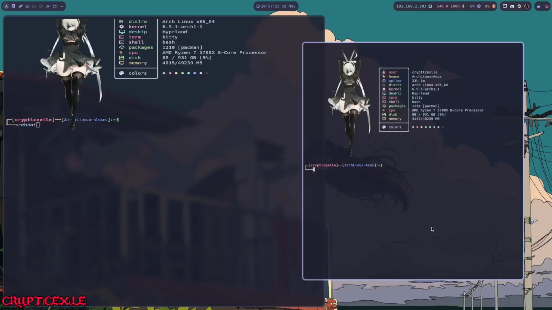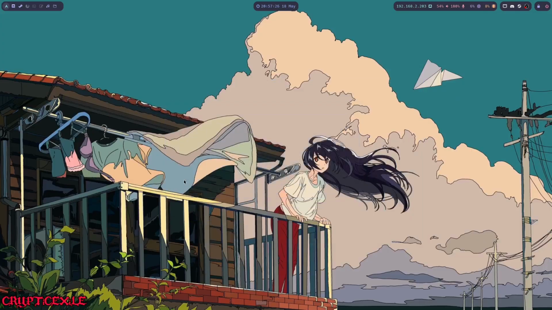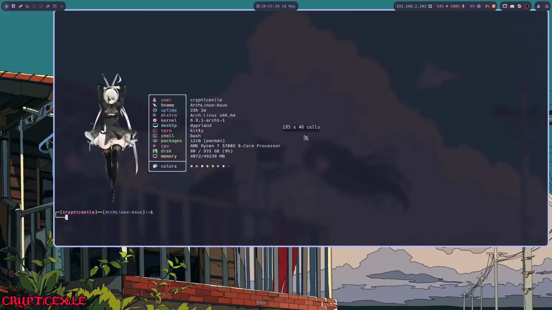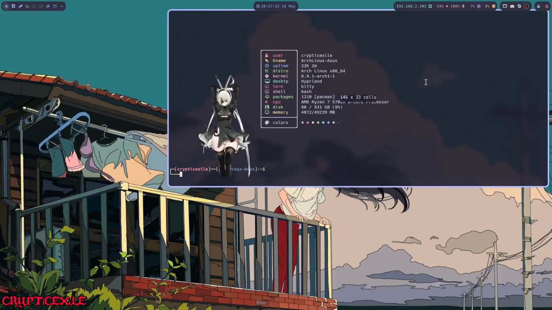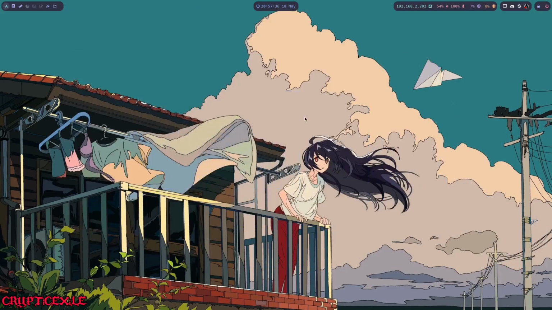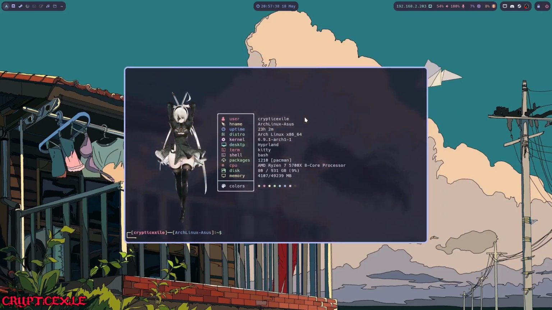So you can resize things with your mouse. So yeah,